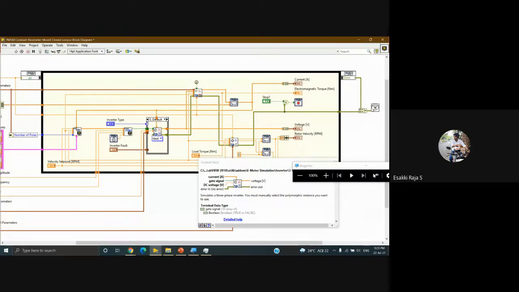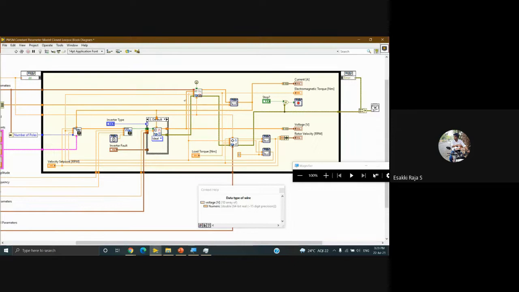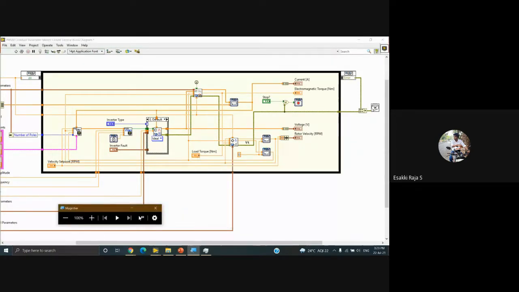For an inverter, we'll be passing a DC voltage and our MOSFET gate signal, and the current we require. Once we pass this, it will return a voltage input for the motor. You can see this is the voltage output we have connected to our motor model. This is the voltage input which we connected to the motor model, and in the same way, at the bottom you can see,